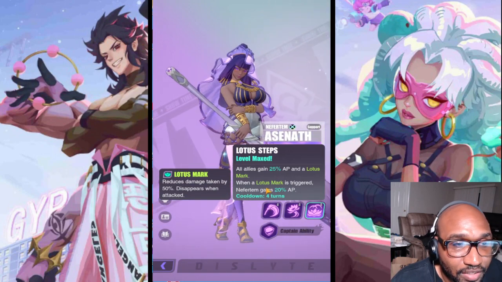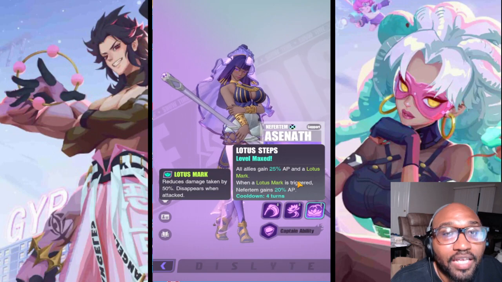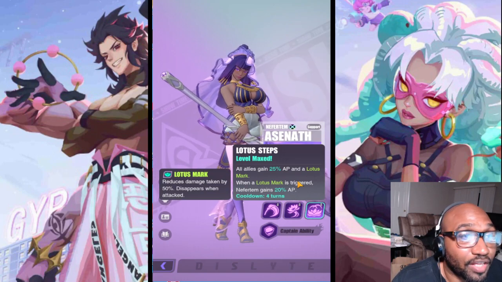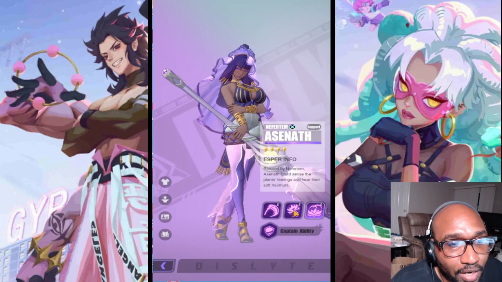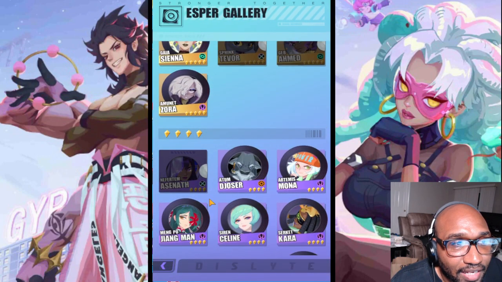If you have her, she's pretty cool, you know, to reduce some damage. The Lotus Mark is a lovely skill, right? Reduces damage taken by 50% and then it goes away, and allows her then to get more turns when they actually all get procced, and she can keep everyone healed off and things of that nature. Outside of that, like, I think that